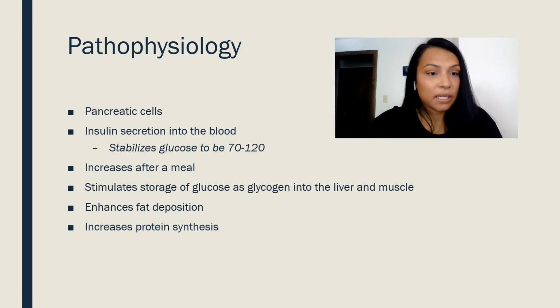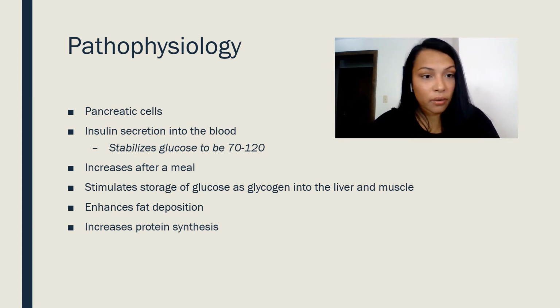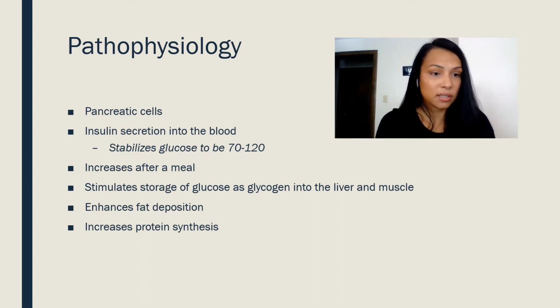So how does diabetes even come about? Diabetes is a result of the lack of insulin production or secretion by the beta cells or the islets of Langerhans cells within the pancreas. These cells release amounts of insulin in increments which stabilize the glucose range to be between 70 and 120. The amount of insulin produced is supposed to increase after a meal usually. So when you eat and get all your sugar, more insulin is produced by the pancreas, which then would stabilize